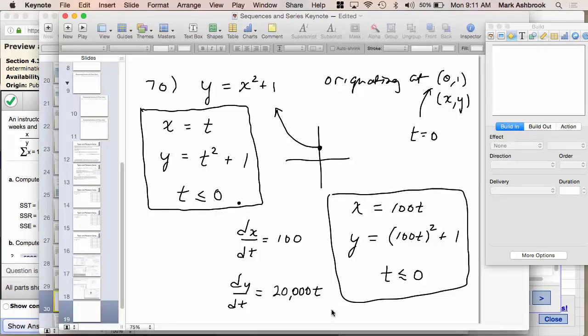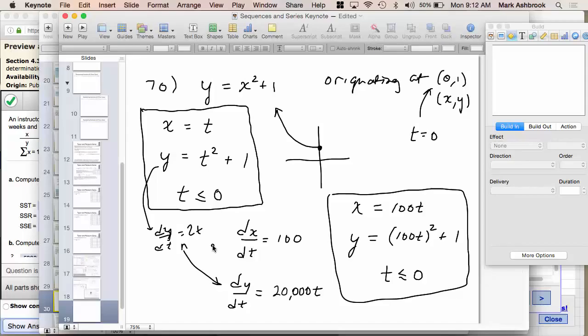What's the derivative up here? dy dt is? Same function or different function? Much different, right? So for a change in t, what happens? We get a huge change in y versus the original. 20,000 times whatever the value of t is versus twice whatever the value of t is in terms of your